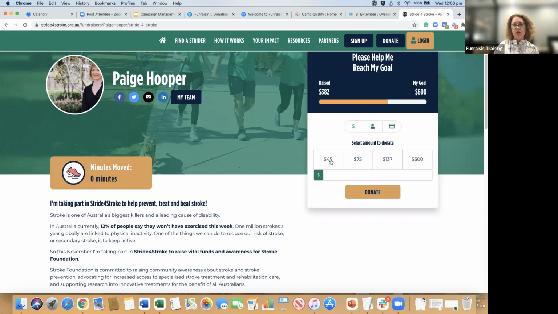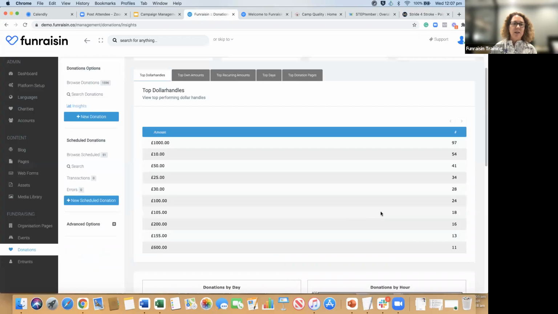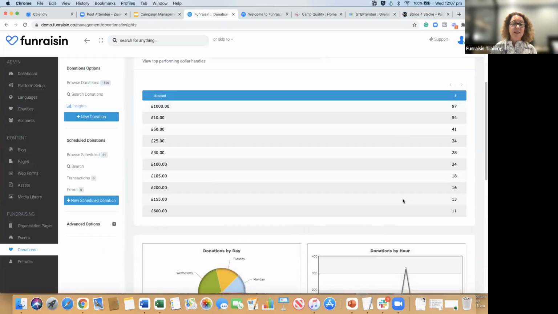We might need to consider dropping them down or having one that's maybe below that $45 mark, and maybe between 45 and 75, we might want to consider adding one in that's maybe $56 or whatever it is. But you can tell that by looking at these dollar handles